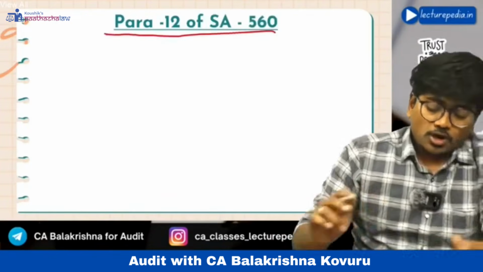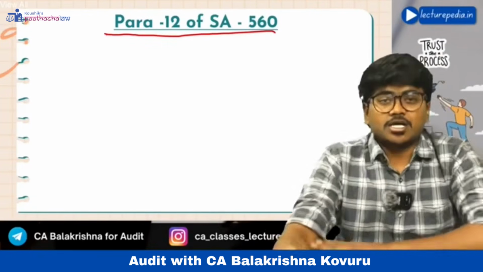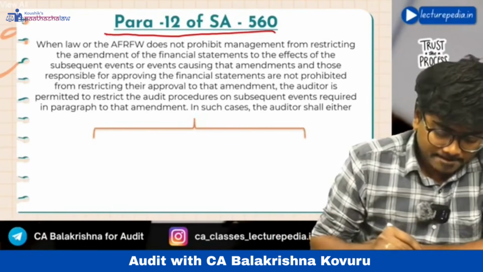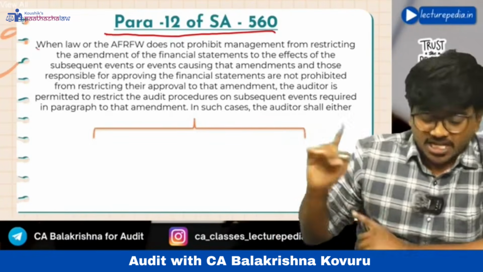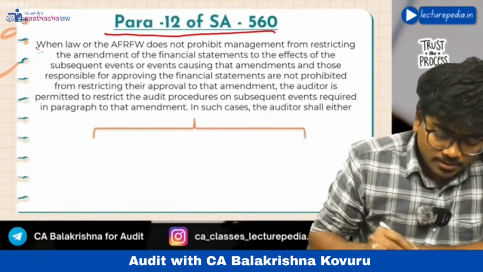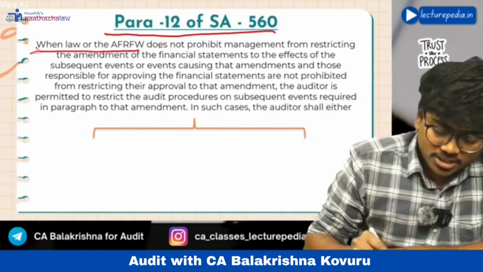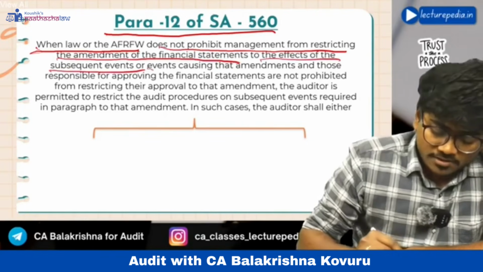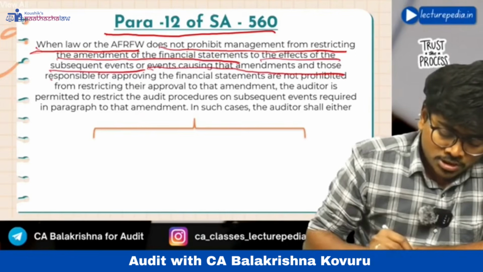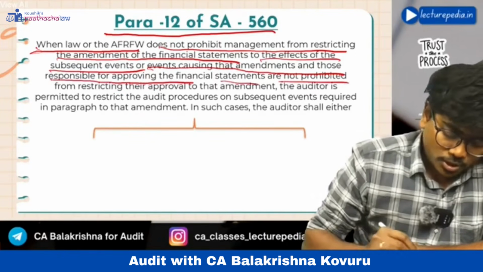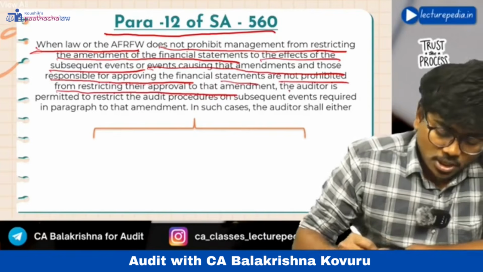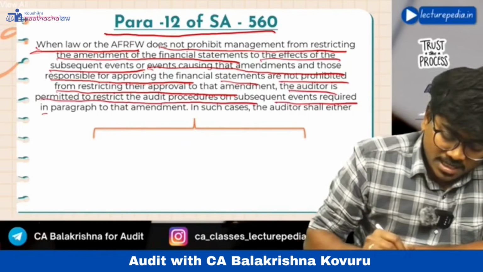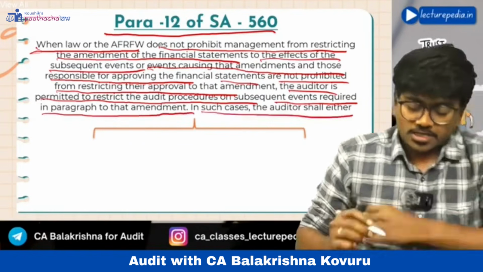Next, para 12 of SA 560. This is very much important. See, first of all, I'll read this paragraph, then I'll explain it to you. When law or applicable financial reporting framework does not prohibit management from restricting the amendment of financial statements to the effects of subsequent events or events causing that amendment, and those responsible for approving the financial statements are not prohibited from restricting their approval to the amendment, the auditor is permitted to restrict the audit procedure on subsequent events required in the paragraph to that amendment. In such cases, the auditor shall either